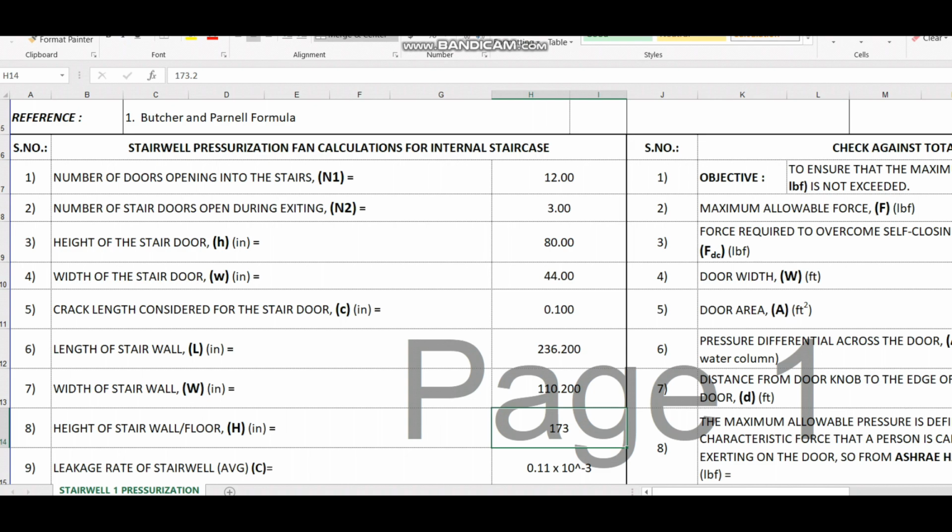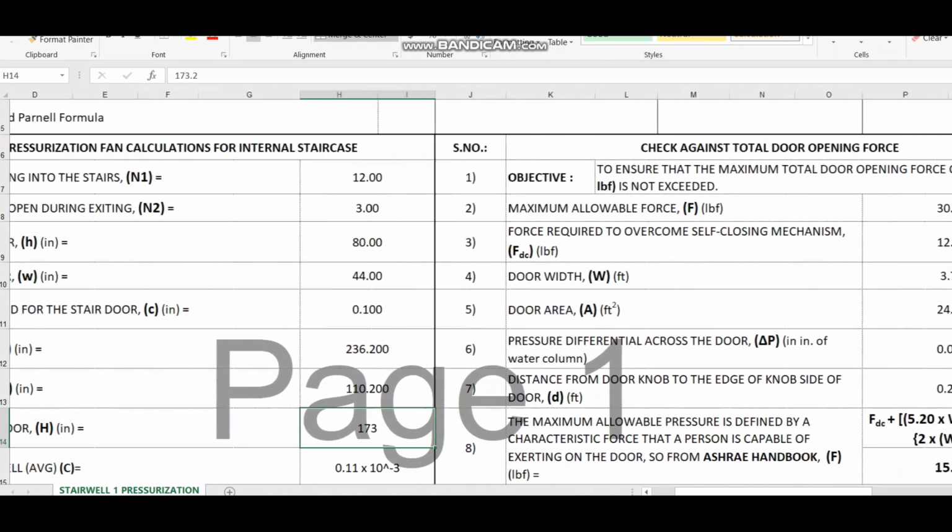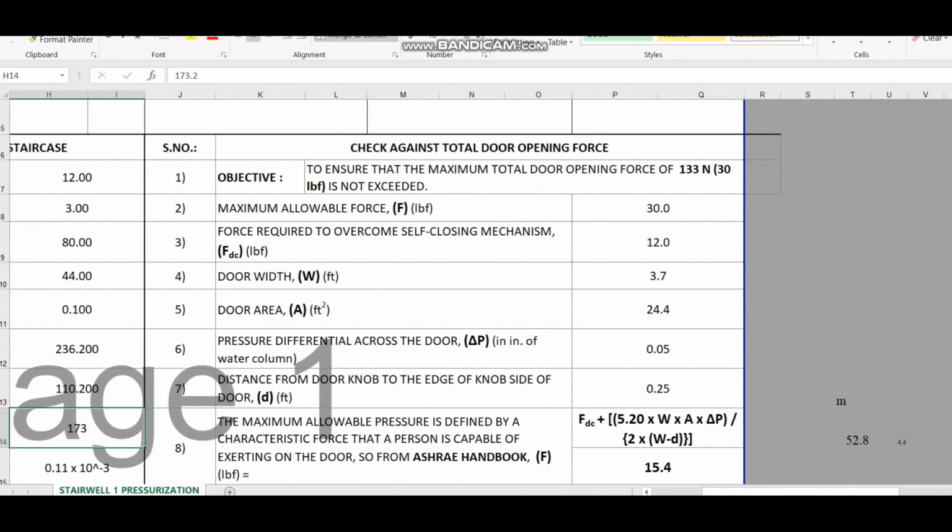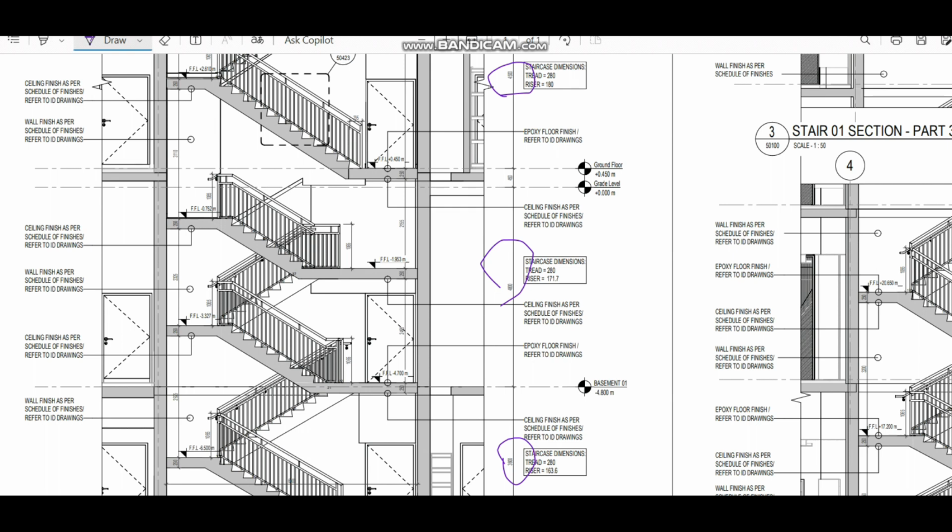what I did here is, you can see this value, I consider first of all the total height from basement to the top level. Then I divided it by the number of floors to get the average, because sometimes people will consider the highest value. That is not correct. If you consider the highest value, the answer will be over design only, because in some floors we have lower values. So first you need to understand what is the total height and how to measure the total height